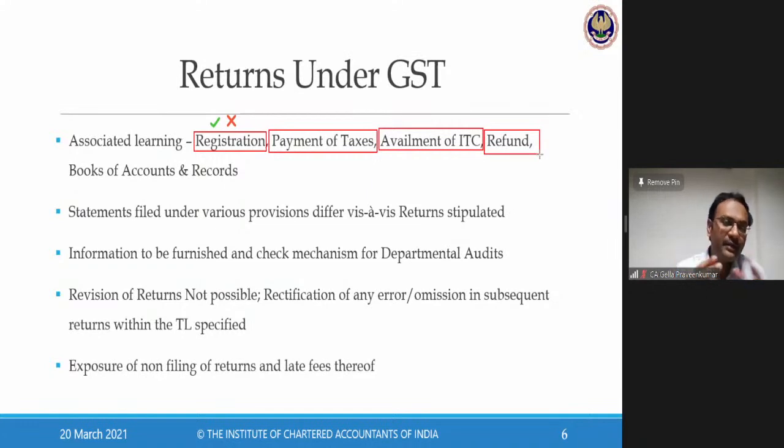Sir, can I file my refund application? Am I entitled to get a refund from the department? Is there a mechanism where my current assets, the accumulated input tax credit, can be converted from a receivable from government to cash or a bank account? Is there a shift from one ledger to another ledger in my balance sheet? Refund is one particular arena.